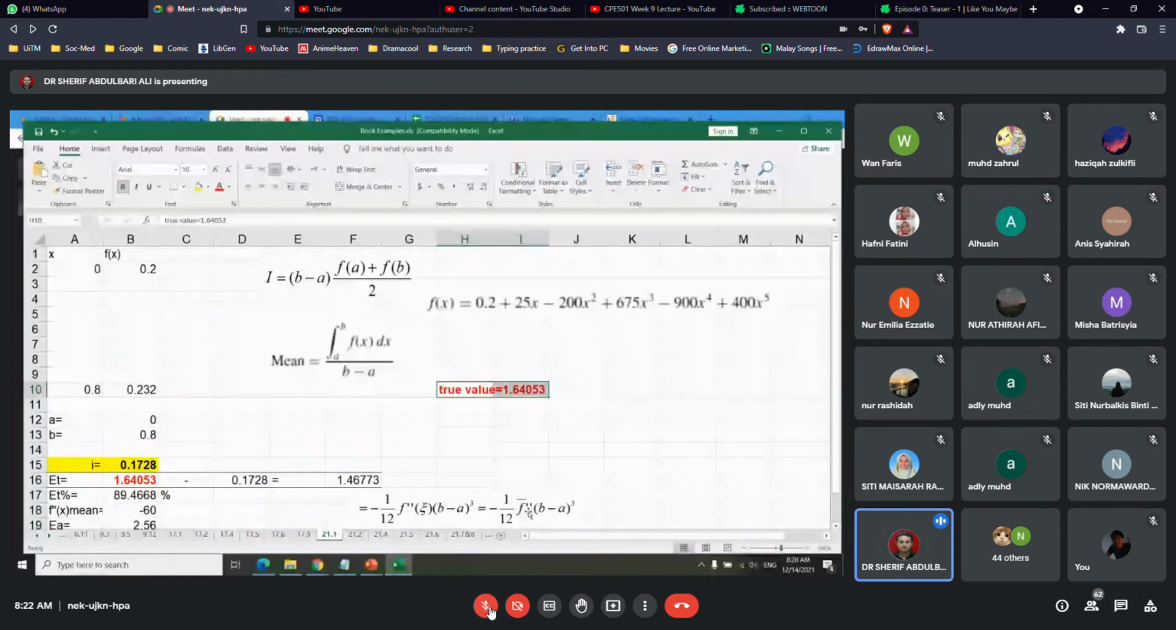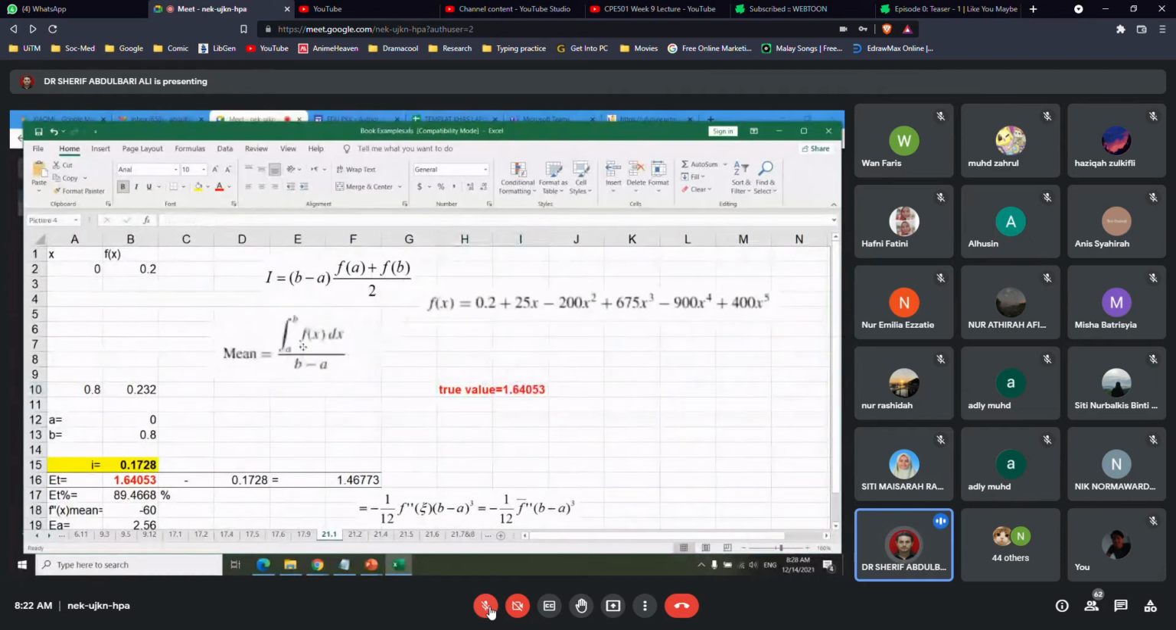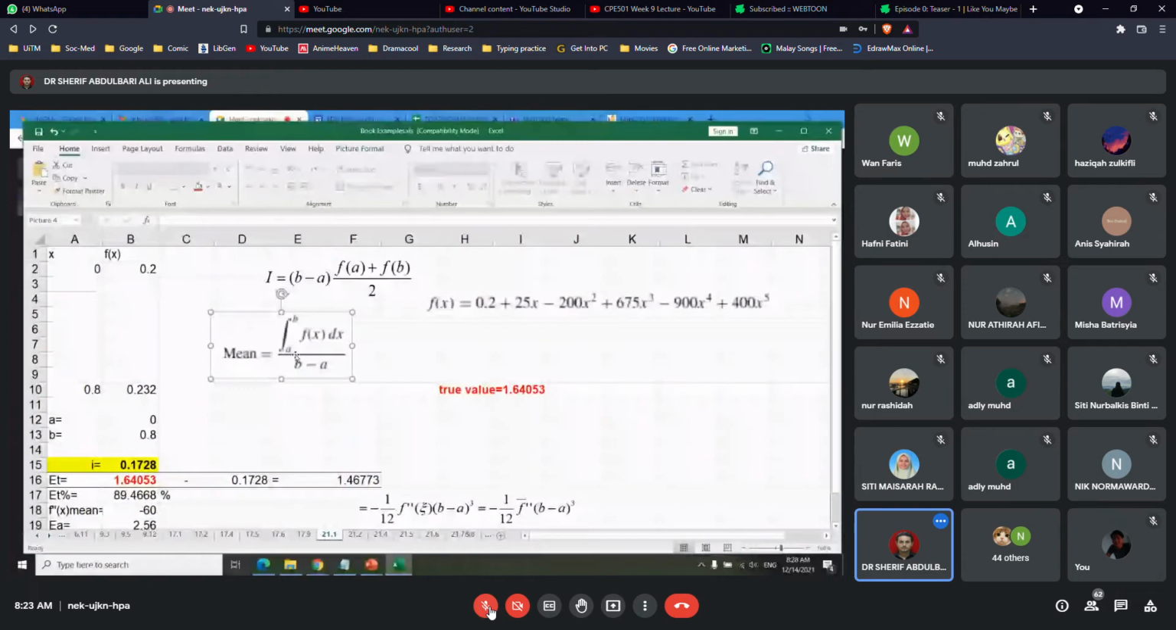So how actually to get the mean of the second derivative of the function? We are using this equation to find the mean of a function. In general, to find the mean of any function, you need to integrate the function and you need to divide over the limits from b minus a. In our case in here,